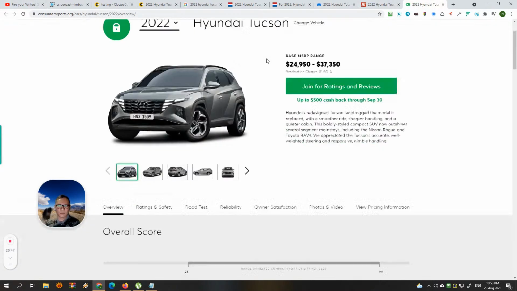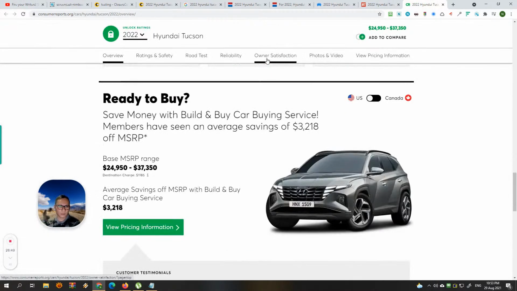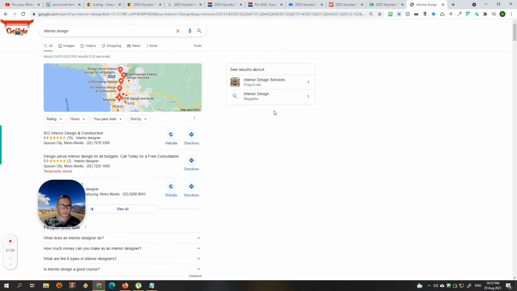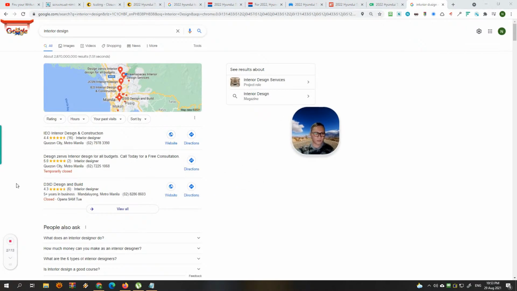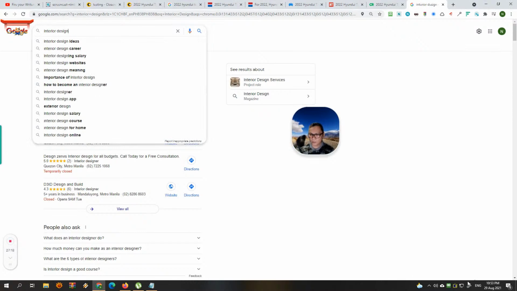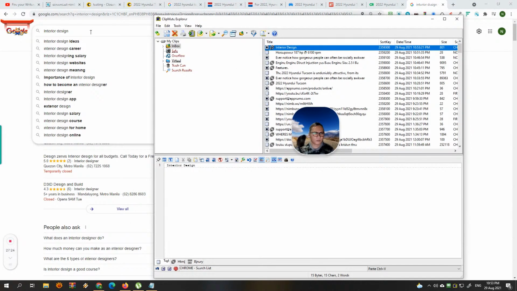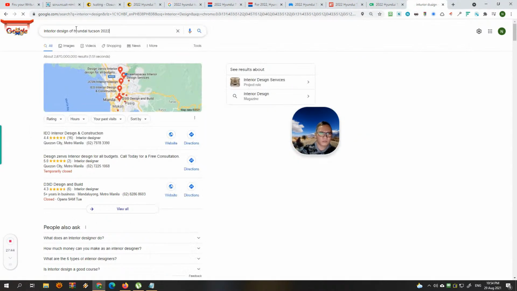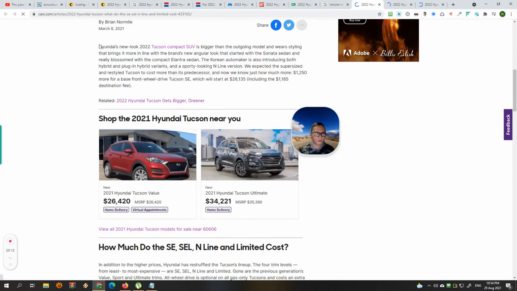I'm just giving an idea of how to write using AI. If you want something that will do your research for you, that's Phrase, because it's originally a research tool. Only later did it become a GPT-3 AI writer. Hyundai Tucson. Is anything classified? Okay. Clear. 2022. And this looks usable.